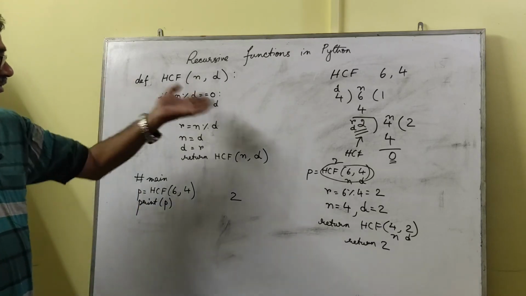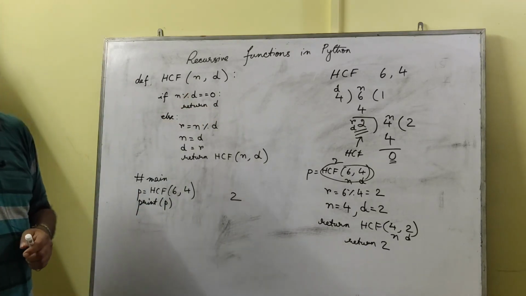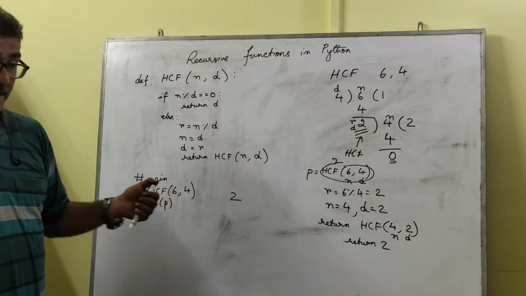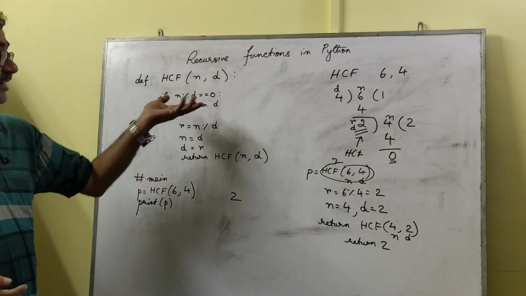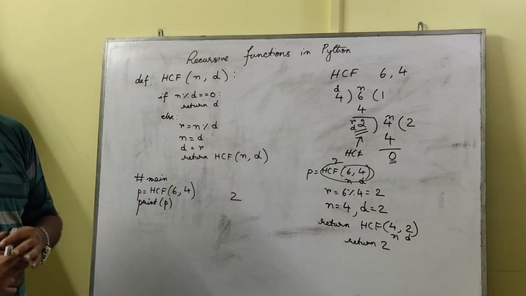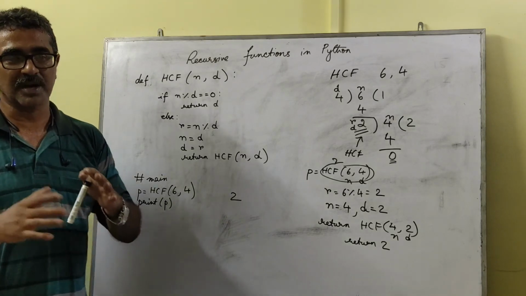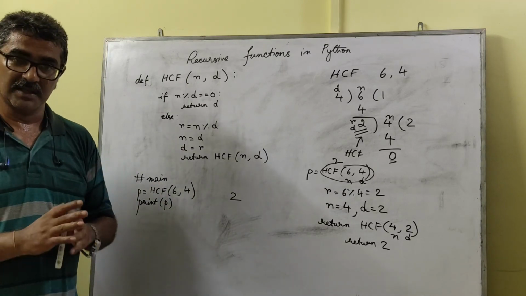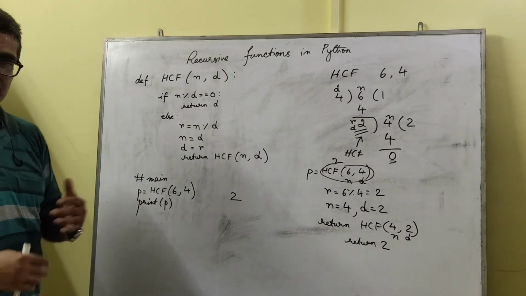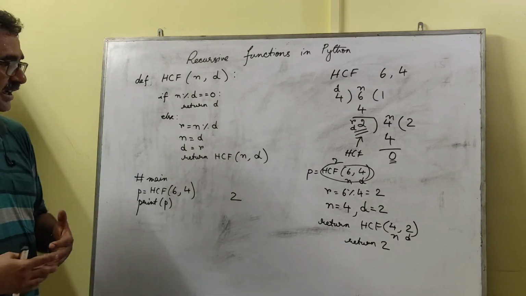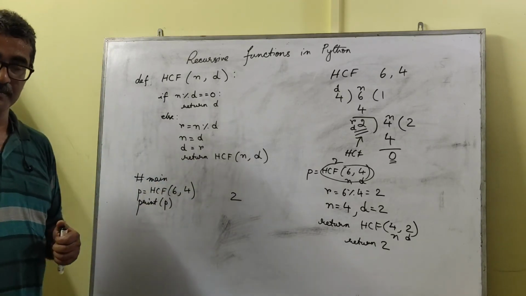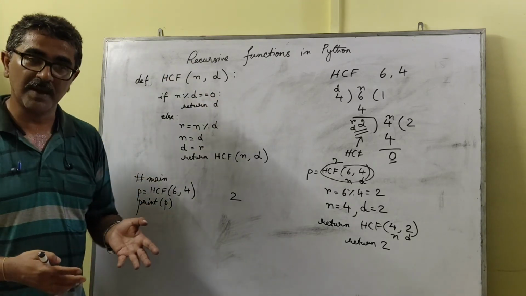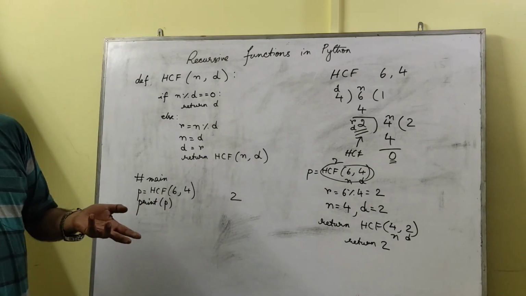Remember, any program which you do using recursion can be done using iterative structures. However, the program may become too big. Sometimes it is very big to be handled properly. So that is why we have recursion to make our life easier, for programmers who want to write programs very easily and neatly. So if you want a neat program where the same process is repeated again and again, then we can go for recursion. But if you have performance issues, then do not go for recursion because it's going to be slower compared to iterative structures. So therefore go for iterative structure, that is for and